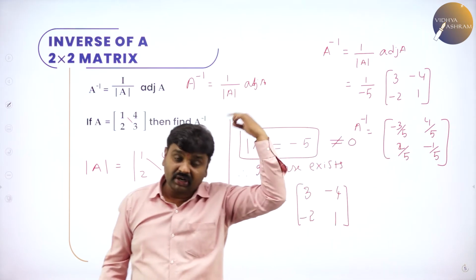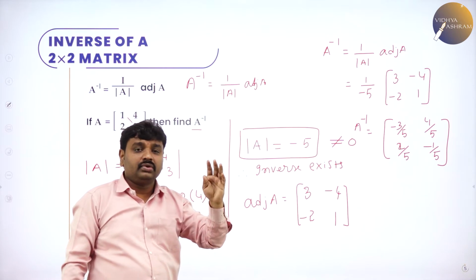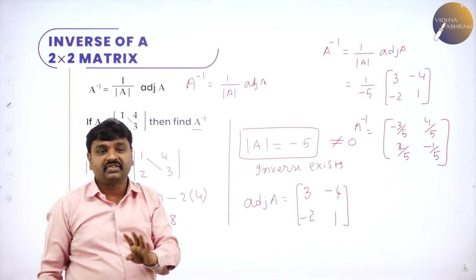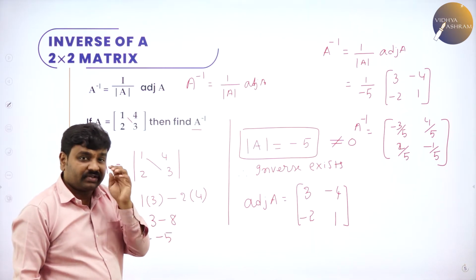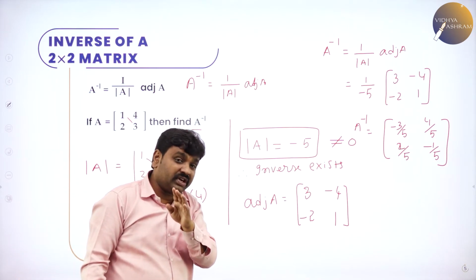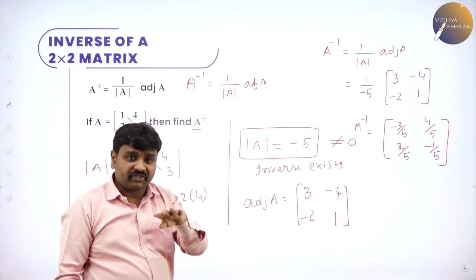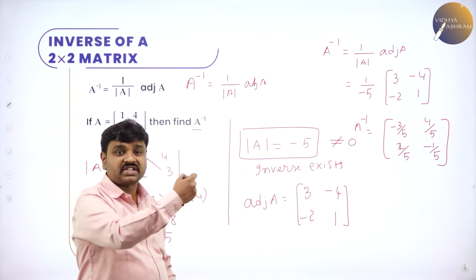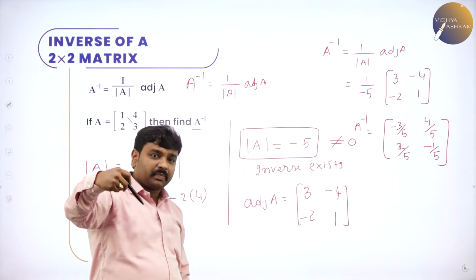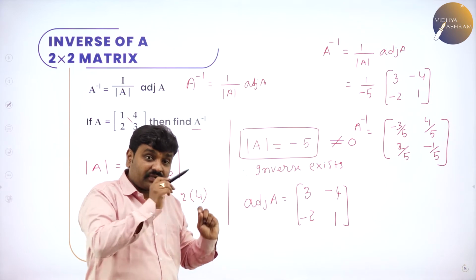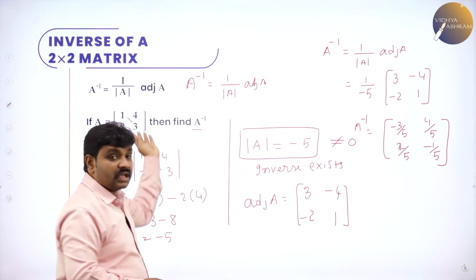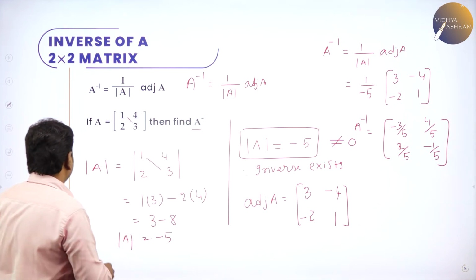And how is it helpful? In the chapter called matrices, you have using elementary operations to find the inverse. Use elementary operations and find it, but verify by this method. This method is faster and better. You do it by elementary operations, but finally when you get an answer, check whether your answer is correct or not by this method. So much I have done, but in one step also I can do.